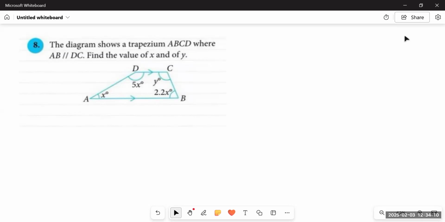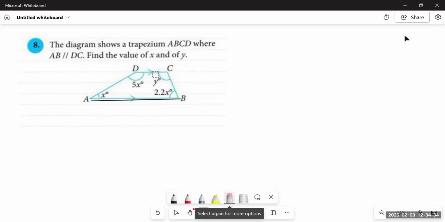Yes, but due to two parallel lines, we have already discussed this property when we were doing parallelograms in question number 4, I guess, that between the two parallel lines, the two adjacent angles have a sum of 180 degrees. It means between these two parallel lines, DC and AB, the two adjacent angles, 5x and x, will have a sum of 180 degrees. So we can write it as 5x plus x is equal to 180 degrees.